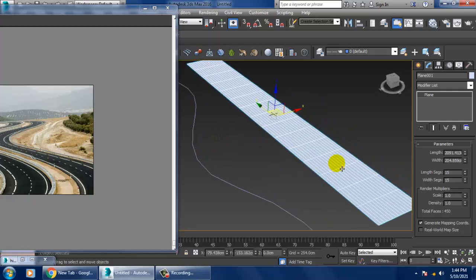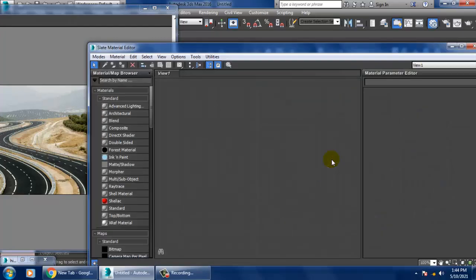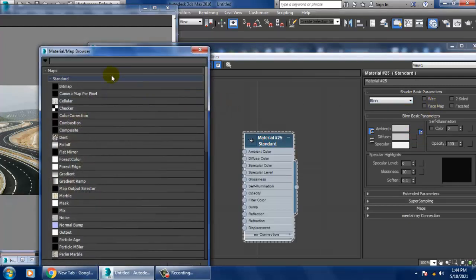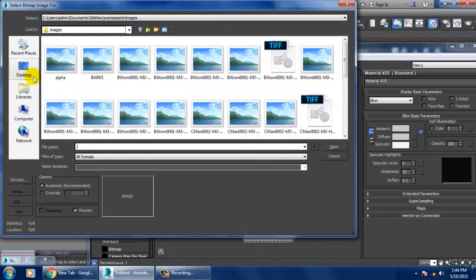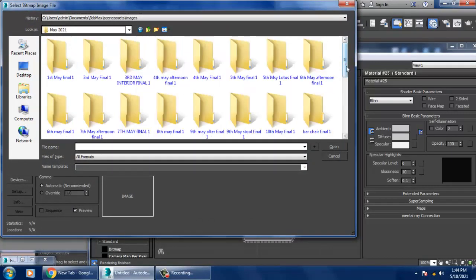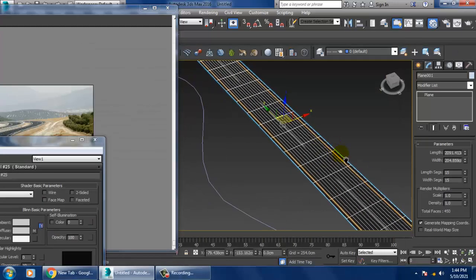Now I can go into the material. First let's give a material over here. Let's add a material, I'll add a standard material. I'll go into the diffuse, go into this folder and give a texture for this.